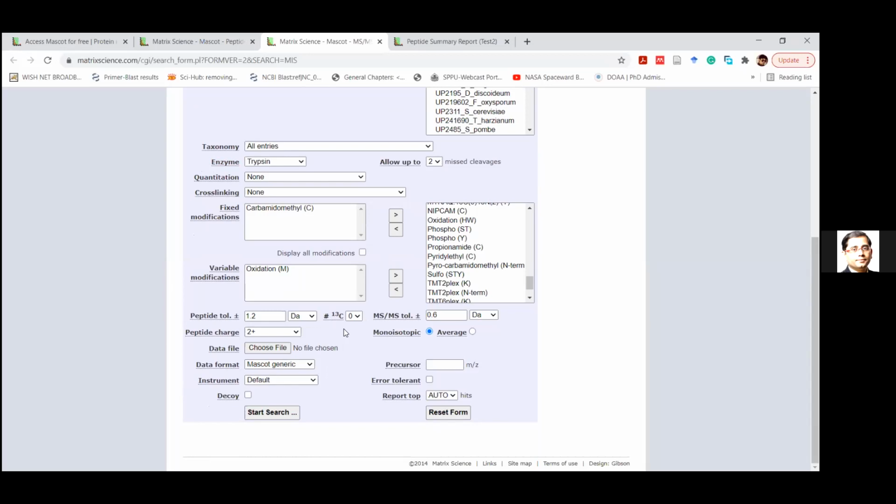Okay, so other than that, peptide tolerance and MSMS tolerance are also dependent on your experimental approach. You can keep them as default. Same goes for the peptide charge. You will know that easily once you have done the protocol in your MS: is it a positive charge, is it a negative charge, is it both, or are you only taking the +2 ion charges. You can put it accordingly. For now, just for the sake of it, we are keeping +2.